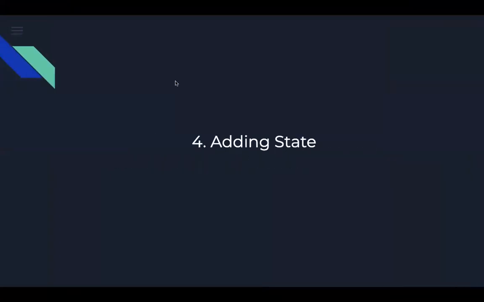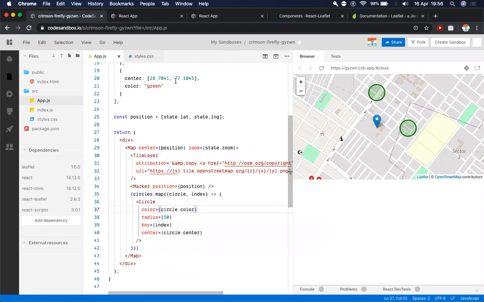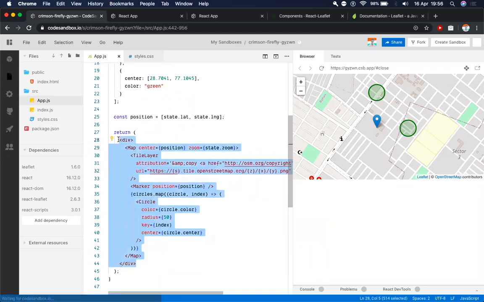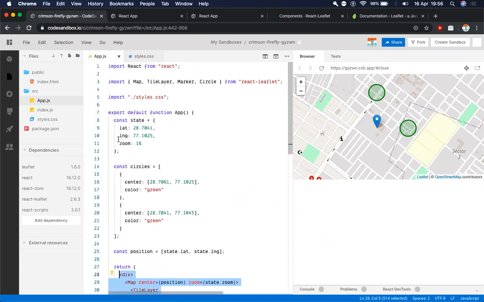So the next part would be adding state to this. So we already have state. The code which we have written here, that is state. So we aren't really adding state to this. We are adding the state hook. So the state hook is a really helpful React hook to make our application more dynamic.